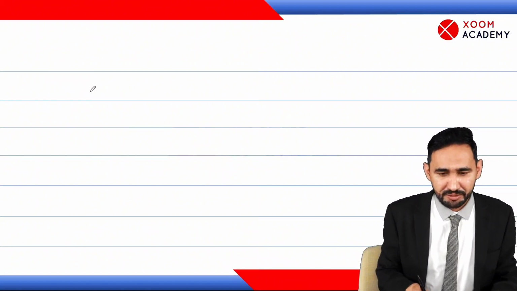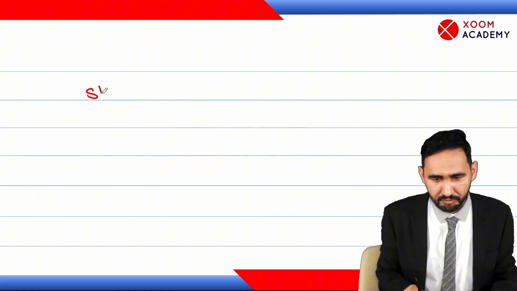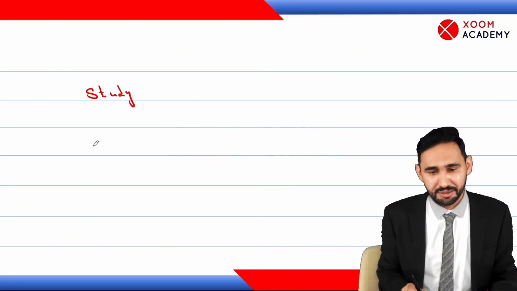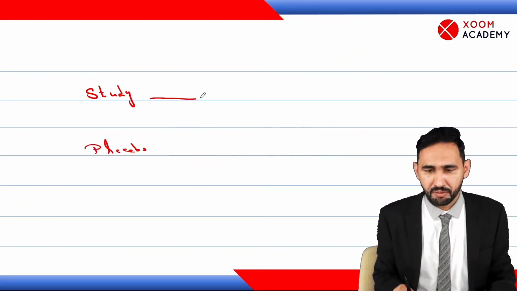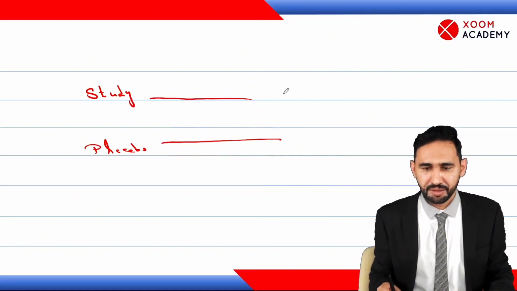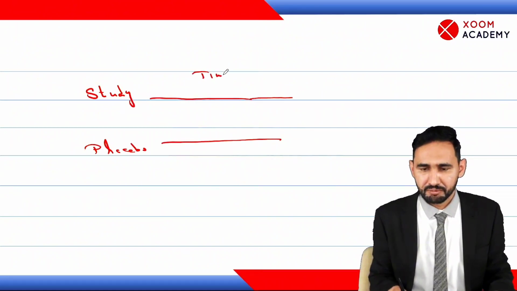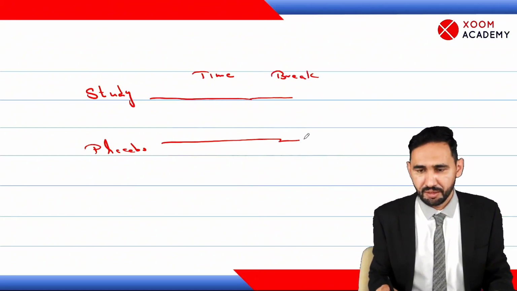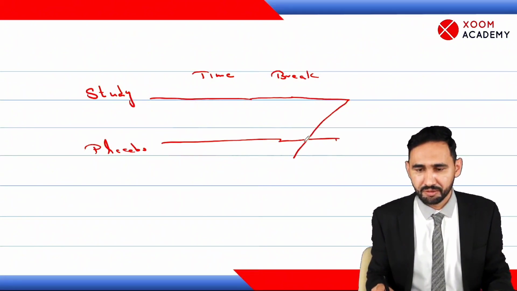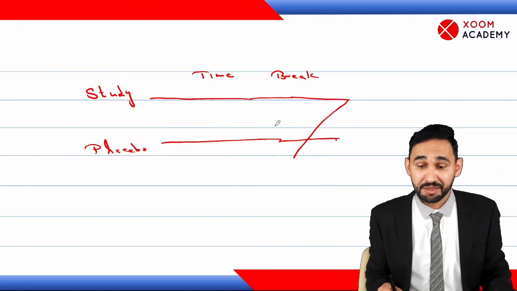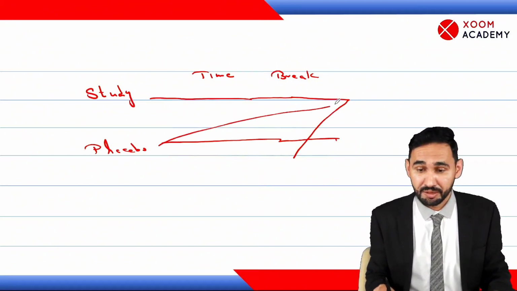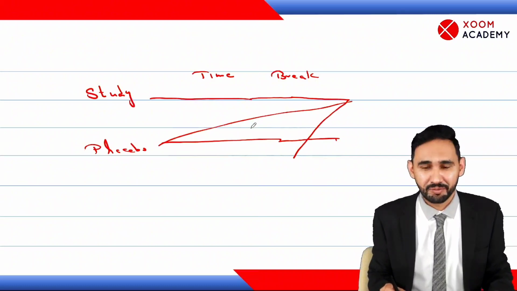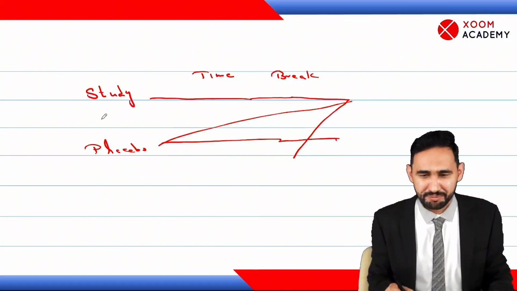What will be the framework? This is study group. Initially, intervention is being done. This is placebo group. We observe them for a certain time period. Then we take some break to eliminate their effects. And after some time, we'll switch them. Study group becomes placebo group, and placebo group becomes study group. This is crossover trial. So we will shift them.